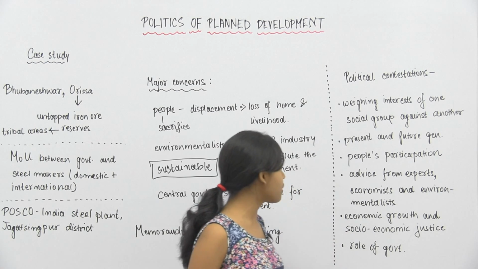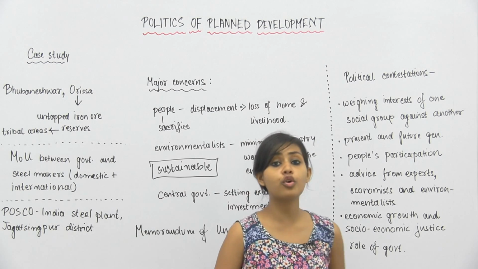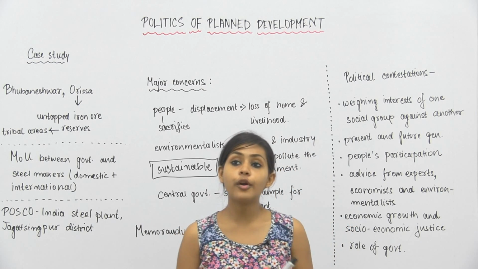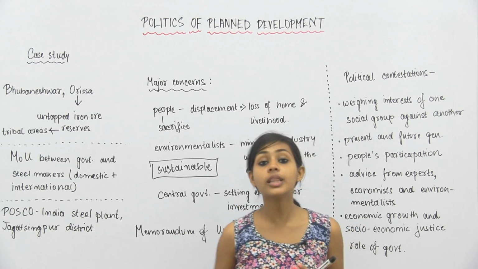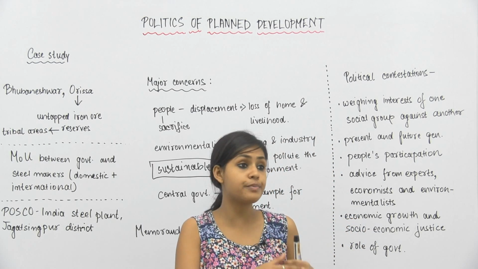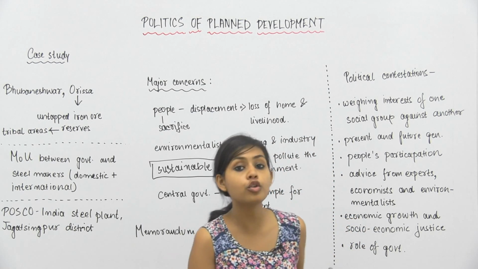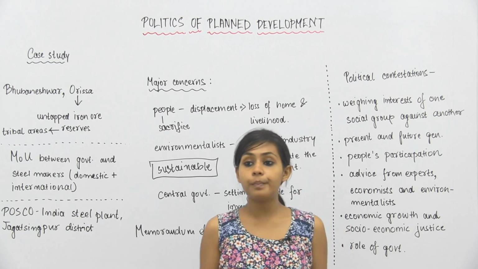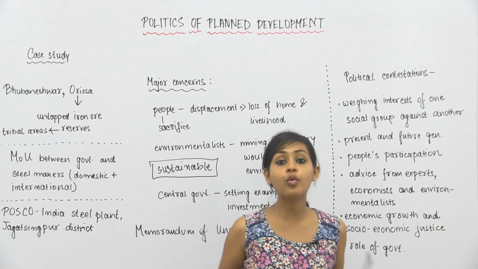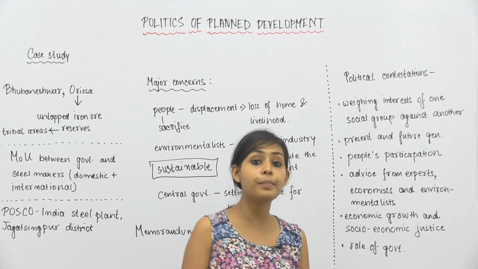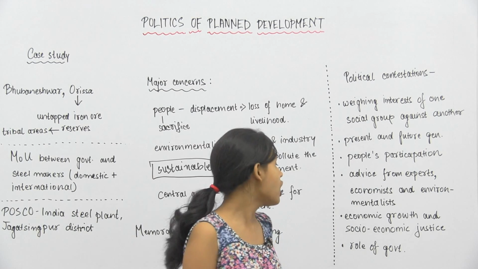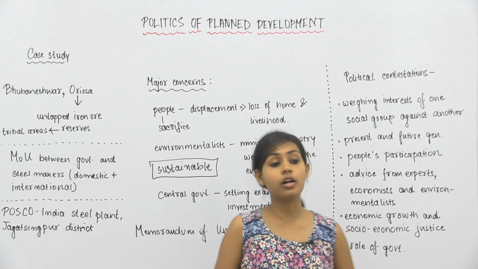And then economic growth and socio-economic justice. Okay, so economic growth means what? It means you're doing certain things that help in boosting the economy further. And economic growth comes from what? Because when we're making an investment, when people are benefiting from it, when people have more money in their own pockets, when the common people have more income than what they used to have. So that is what economic growth is.